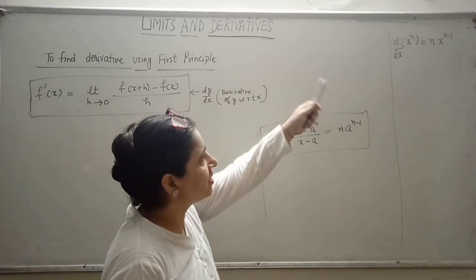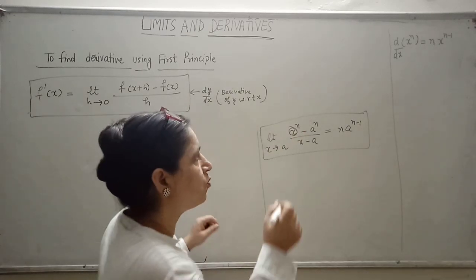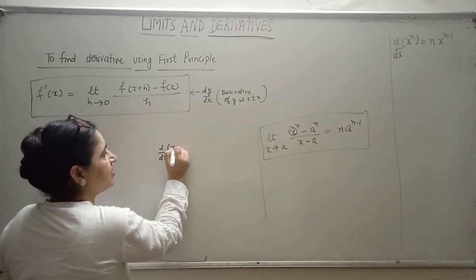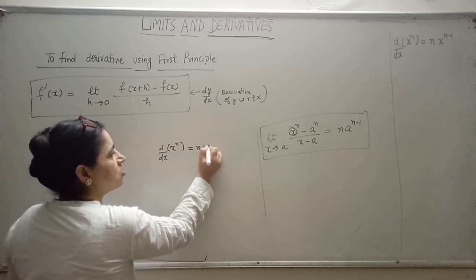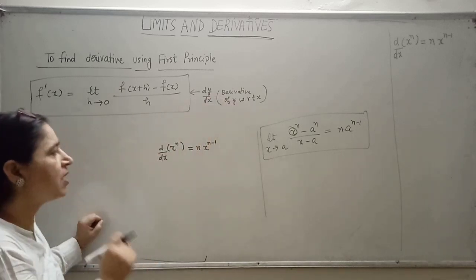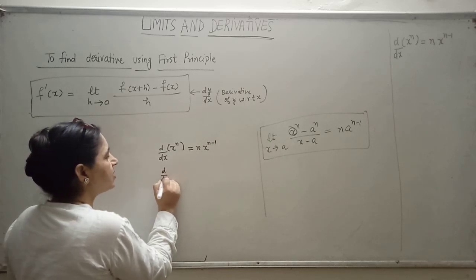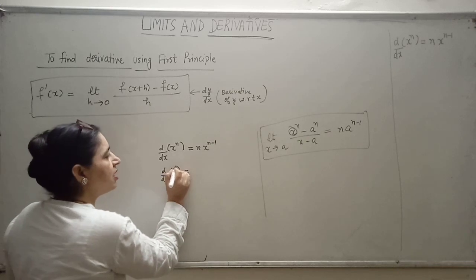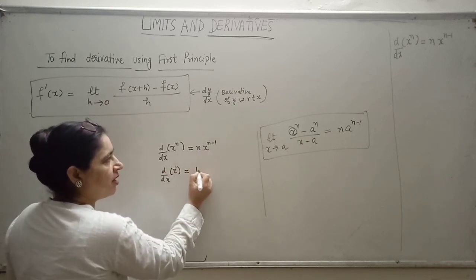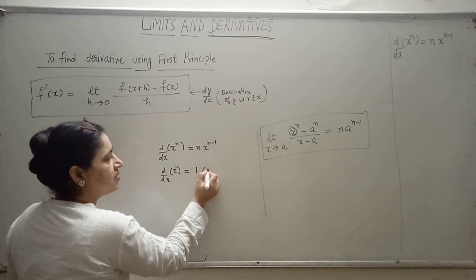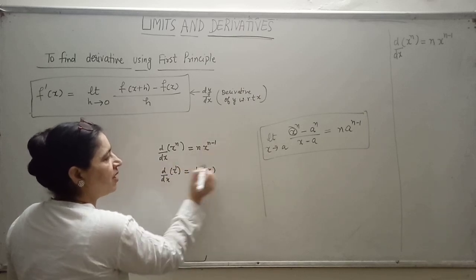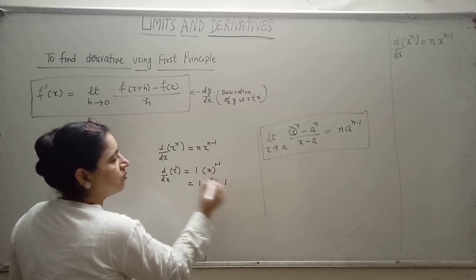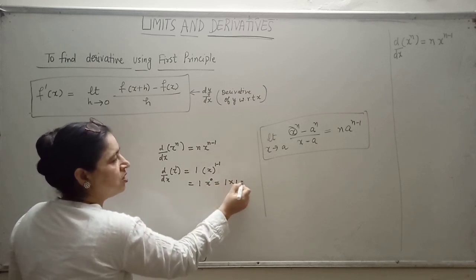अच्छा, इसी फॉर्मूले से डायरेक्टली हम कुछ फॉर्मूले और भी लिखते हैं. सपोज ये x रेज़ टू पावर n का डेरिवेटिव अब हमने समझ लिया कि ये है d by dx of x raised to power n is equal to n x raised to power n minus 1. इसी फॉर्मूले से अगर मैं लिखूँ d बाई डी एक्स, x का डेरिवेटिव, ओके, x का डेरिवेटिव क्या होगा? x की पावर कितनी है? 1. तो n पावर बाहर आ गई, x और you will reduce the power by 1 means 1 minus 1. So 1 x raised to power 0, that is equal to 1 because x raised to power 0 is also 1. So this is 1.